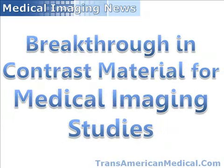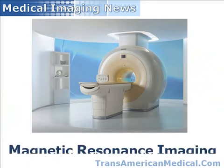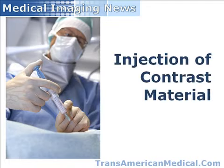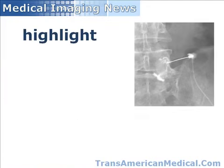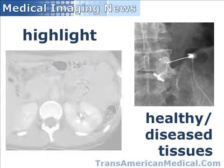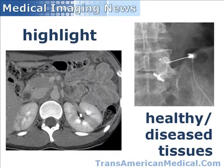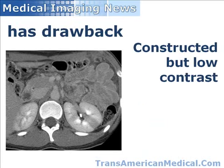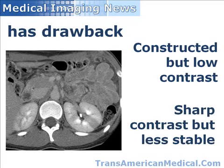Breakthrough in contrast material for medical imaging studies. Magnetic resonance imaging, one of the most important medical imaging advances in disease detection, relies on the injection of contrast material to highlight specific tissue or to distinguish between healthy and diseased tissue. The materials used in this medical imaging procedure tend to have the drawback of being either simply constructed and managed within the body but offering low contrast, or more complex in construction, offering sharper medical imaging contrast but with less